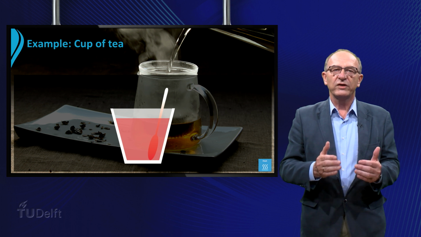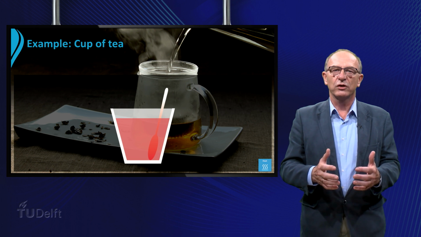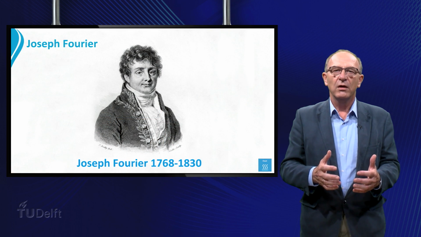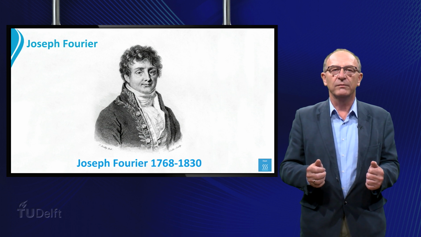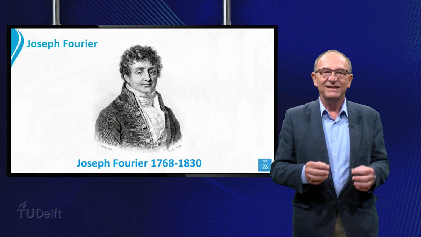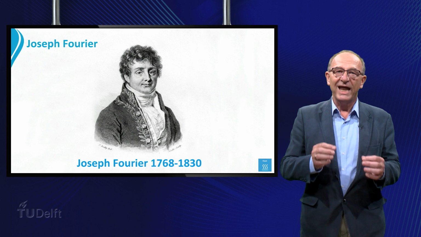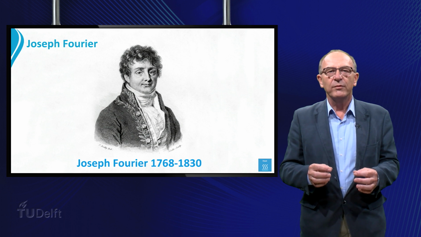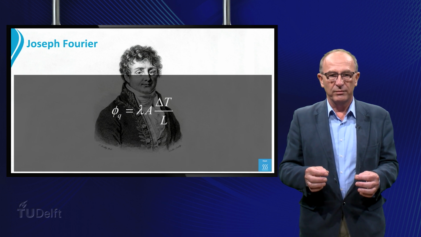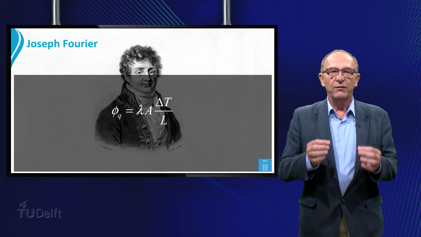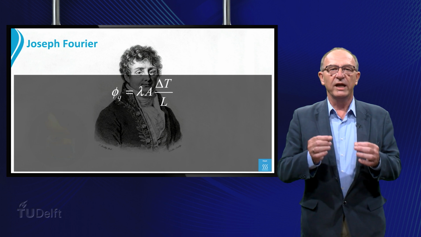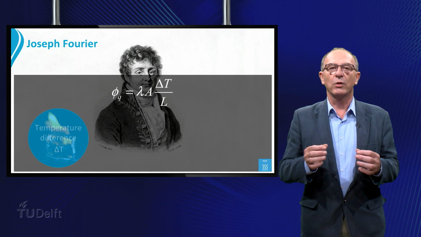One of the first scientists who investigated heat conduction was Joseph Fourier, who lived from 1768 until 1830. He discovered that steady-state heat conduction in any material could be described by the following relationship. This equation shows that if the temperature difference between the liquid and the end of the spoon become larger, the